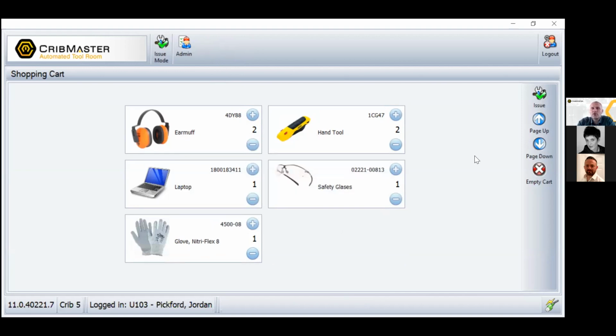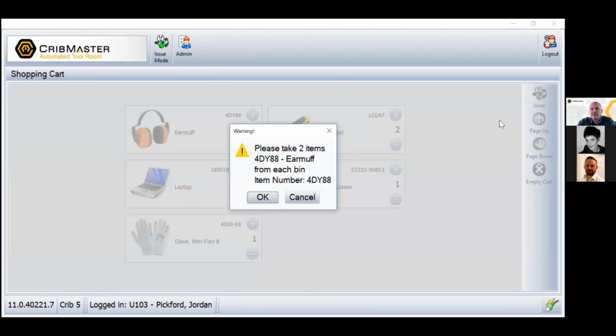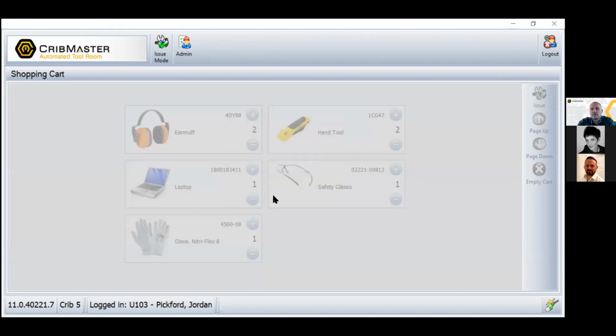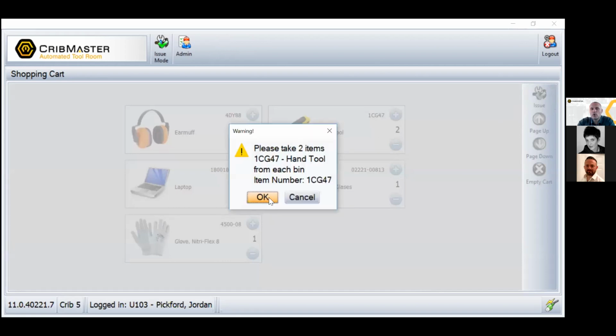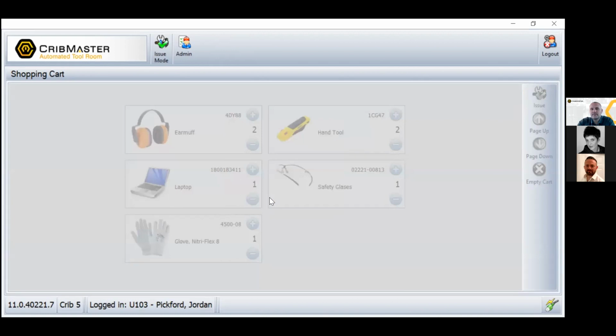By clicking on the issue, the system will remind me of how many of each I need to issue out when the doors will open. If it's a Pro Locker, there might be more than 2 inside, so the system will remind, please take 2 of this or 2 of that and 1 of each of those. It's just a reminder for the user,